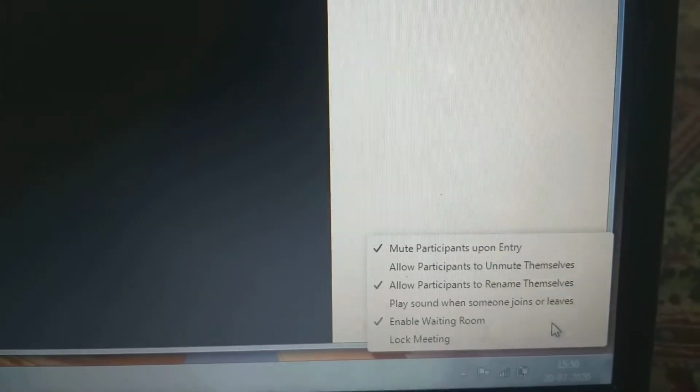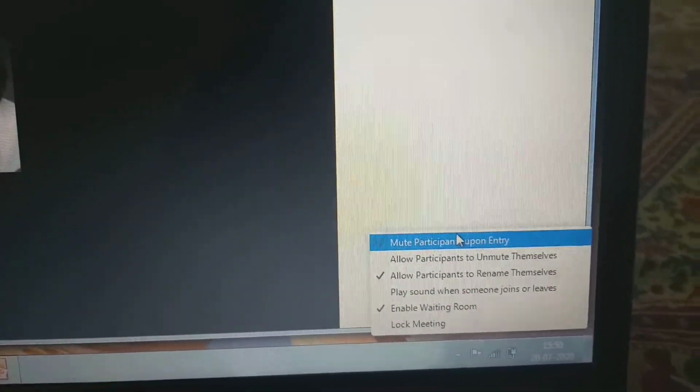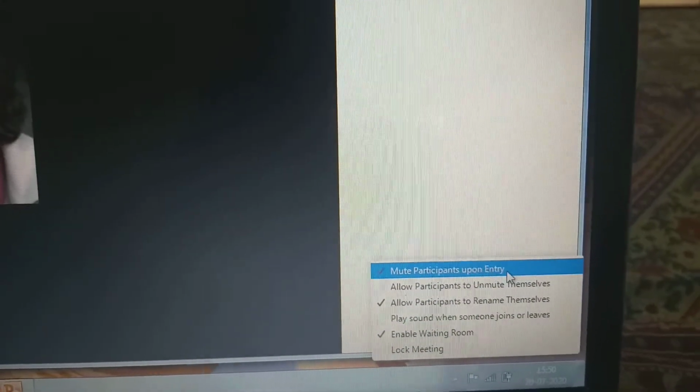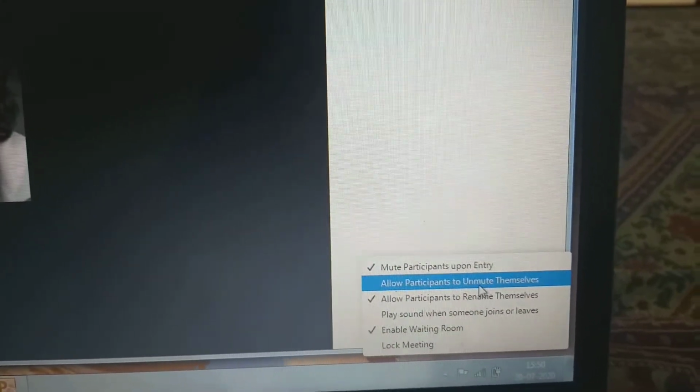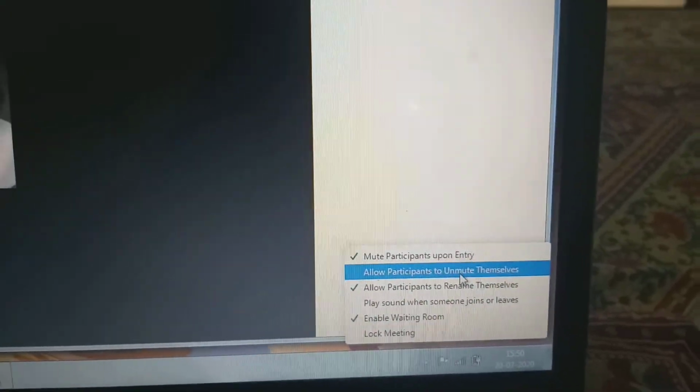Beside that, there are 3 dots over here. Once I click there, you can select whichever options you want, like mute participants upon entry, yes. Allow participants to unmute, we will not enable this because we don't want participants to unmute themselves on their own. We want the host to do it, so this should be disabled.